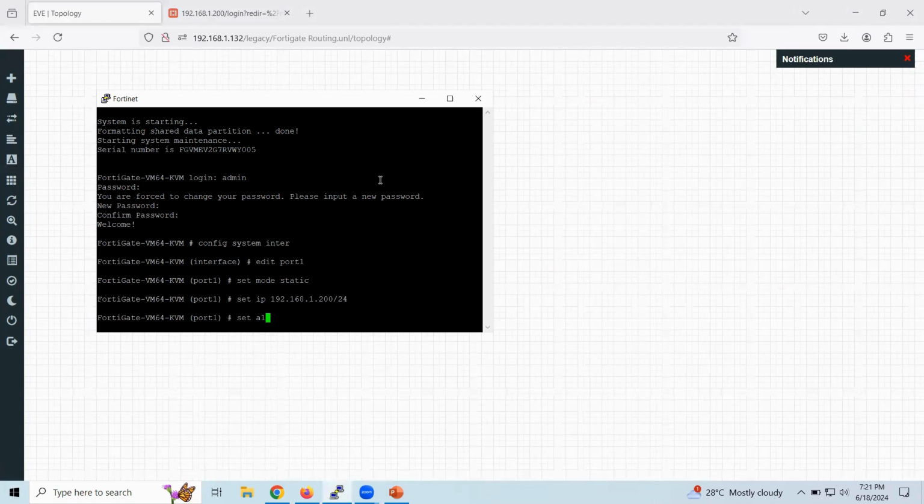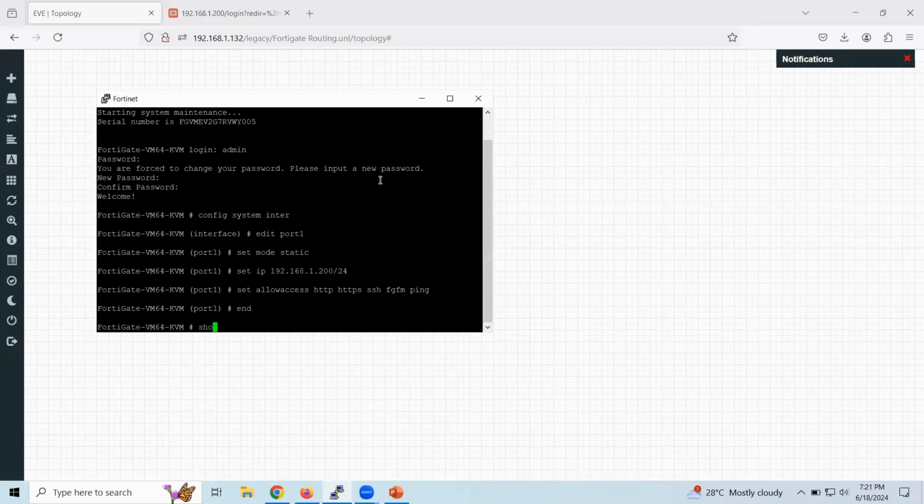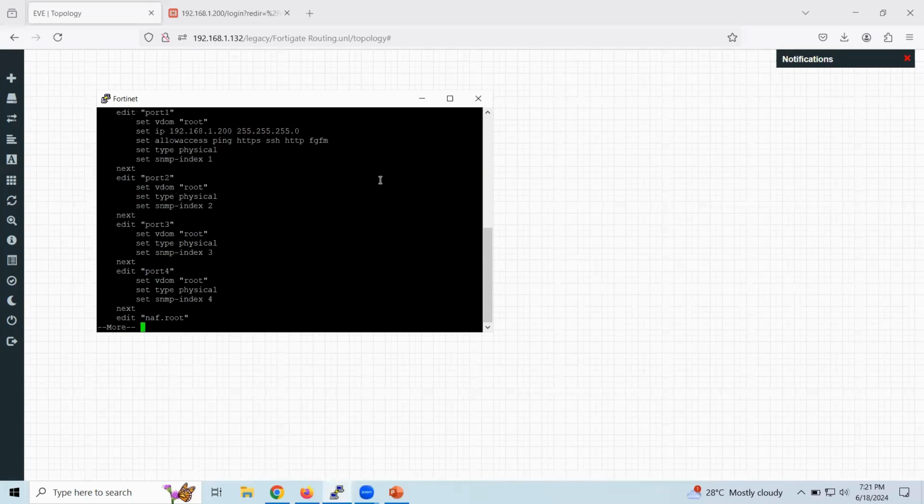Set allow access https ssh fgfm, right. Show system interface. So as you can see, we have given IP address 192.168.1.200. We have set allow access to ping, HTTPS, SSH, and FGFM. Okay,